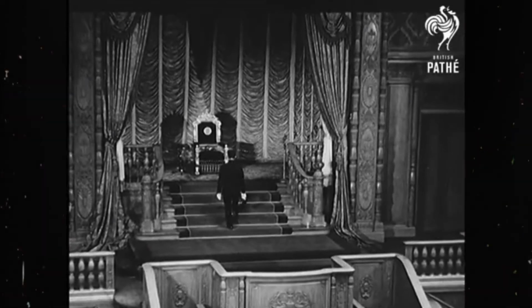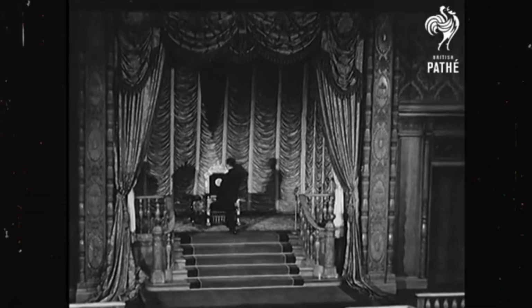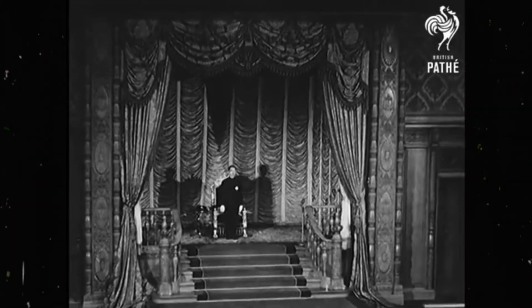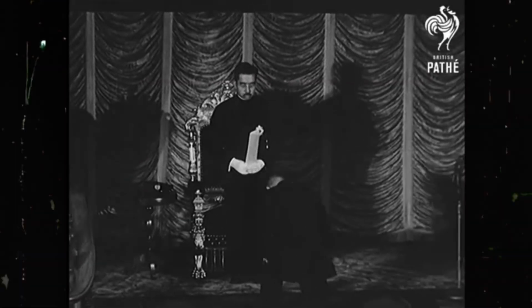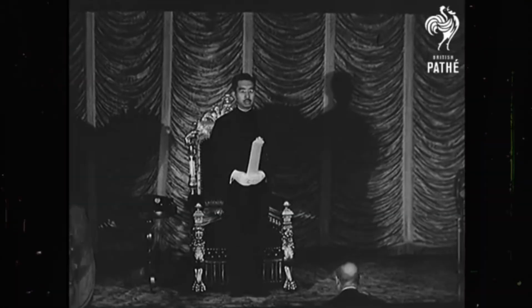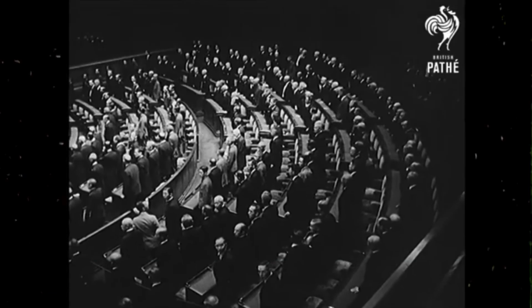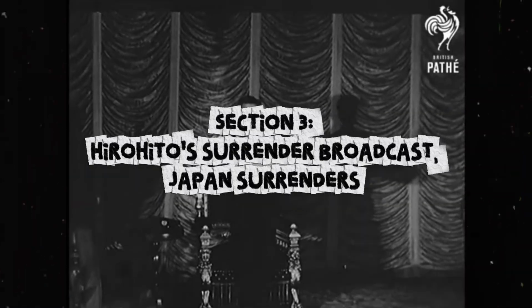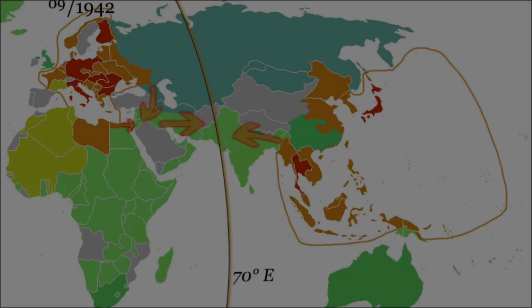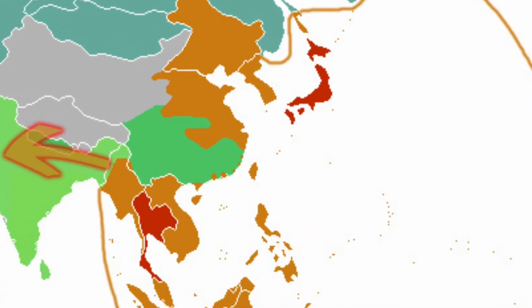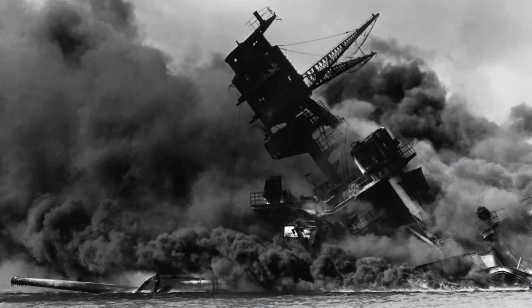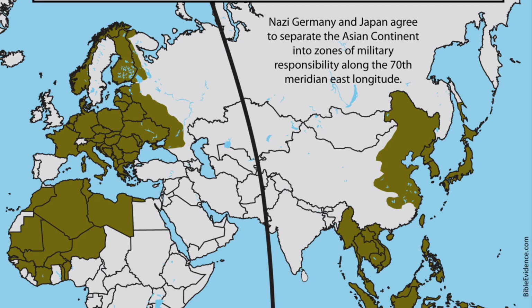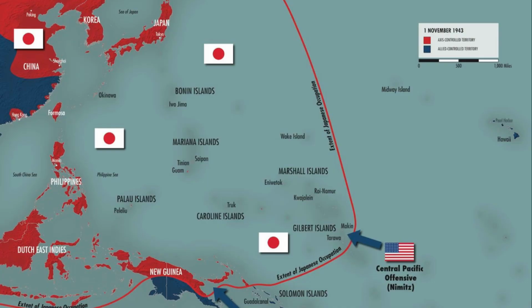The last Axis power remaining in World War II was the Japanese Axis. They lasted the longest, mostly because they weren't in Europe, which is where most of the battles were fought. Instead, Japan fought mostly in the Pacific Ocean and in China, heavily relying on their captured islands for supplies.